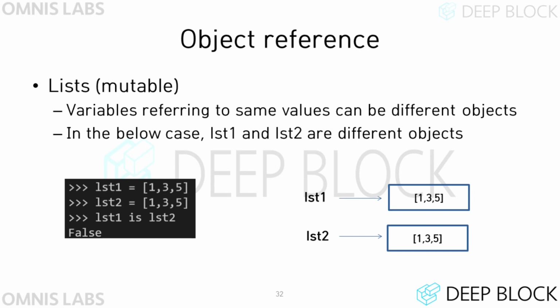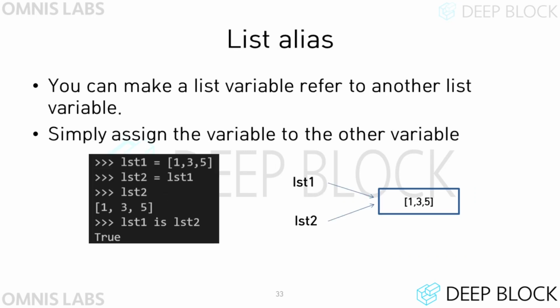Therefore, in the case of a mutable data type, it is meaningless to store values in the same space. Rather, it is more efficient to store the value of a mutable type variable in an independent space so that we can easily change them without affecting the other variables. Therefore, as shown in the slide, even if you assign the list of same elements to two list variables, list1 and list2, the two variables store values in different spaces. If you want several list variables to share the same space, you can assign one list to another list. However, usually this is not a common practice.